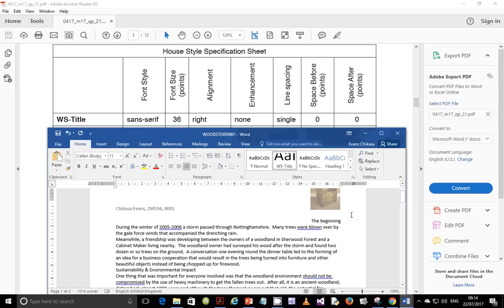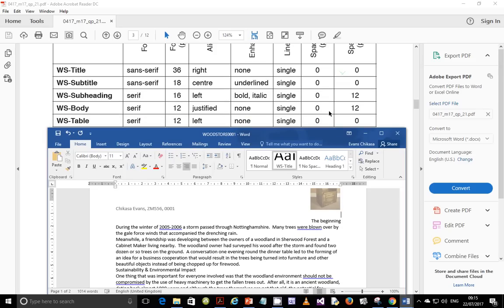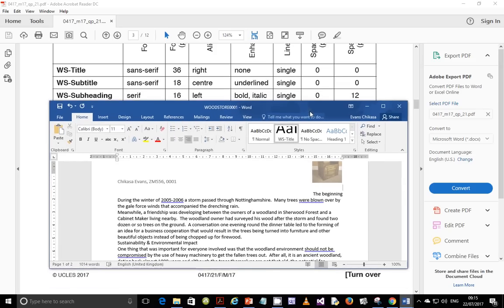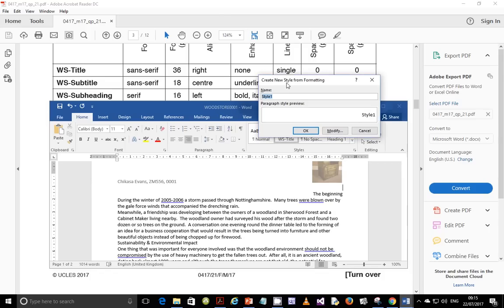Okay, it's not really a problem in that you're going to apply the styles later on, but I like to just work on it when the cursor is on a blank space, a blank line. Okay, so we're going to go for the next one. The next one is actually subtitle. So go to create, and so it's WS, and it's going to be subtitle,